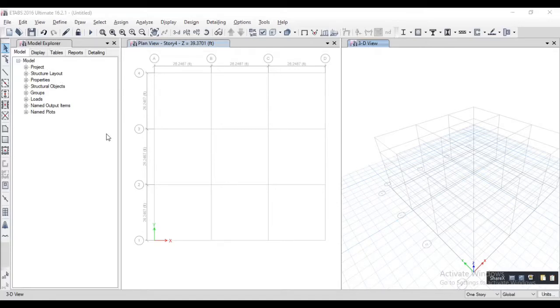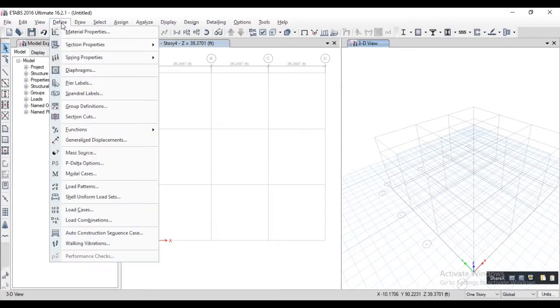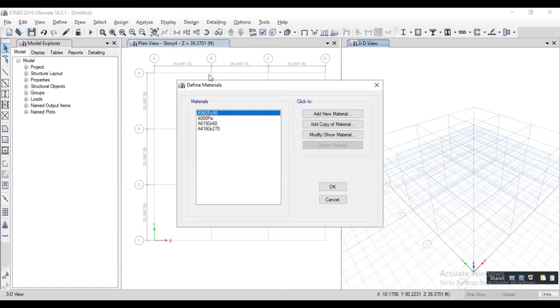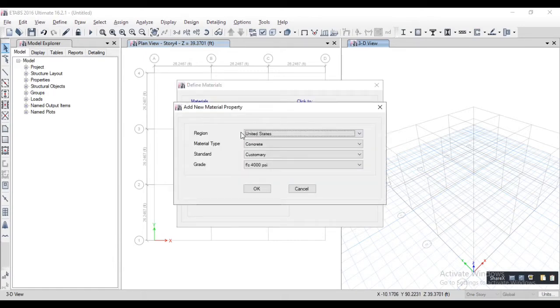Hello friends, in this tutorial we will learn how to define the United States material property. Before going to define material, firstly select the unit, then go to unit and select US default. For material property, go to Define, select Material Properties, click on Add New Material, select the region as United